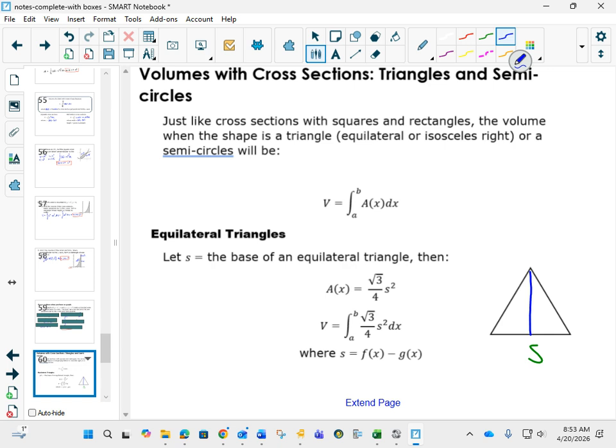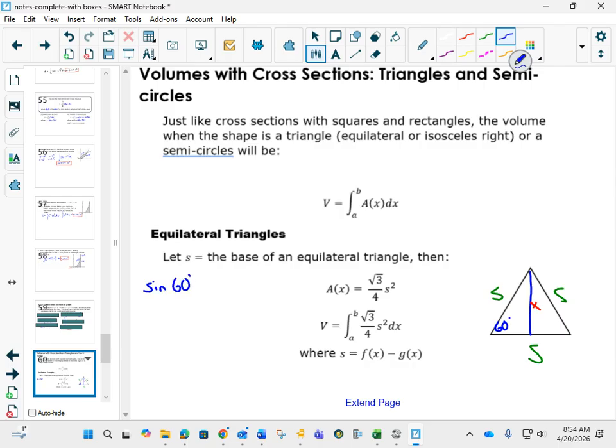But since it's an equilateral triangle, this would be 60 degrees. This side over here is also S, and this side over there is also S. And we need to find out exactly how high that is. Well, you can just memorize this formula if you want, but I find that the problem is if I don't memorize this formula, then I have to figure it out on the exam. And if I had to figure it out on the exam and I drew an equilateral triangle like this, I know